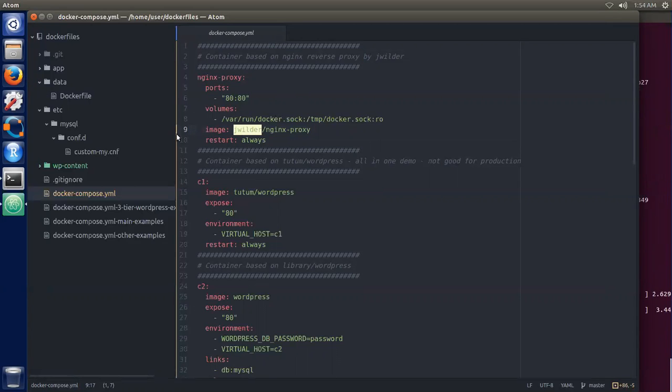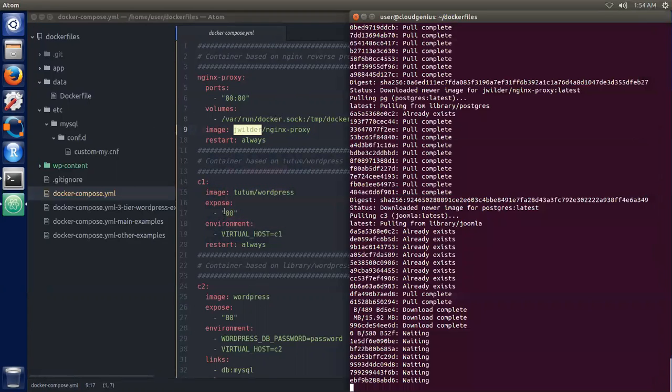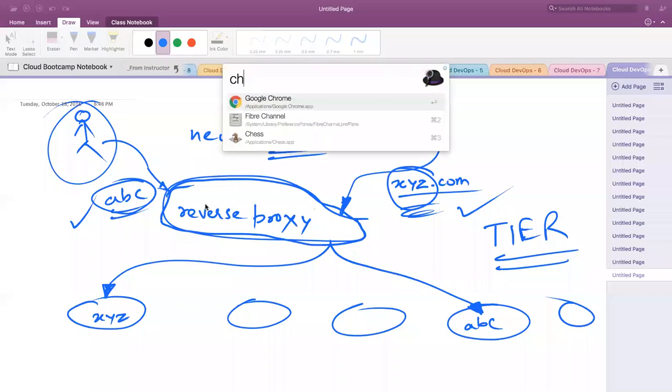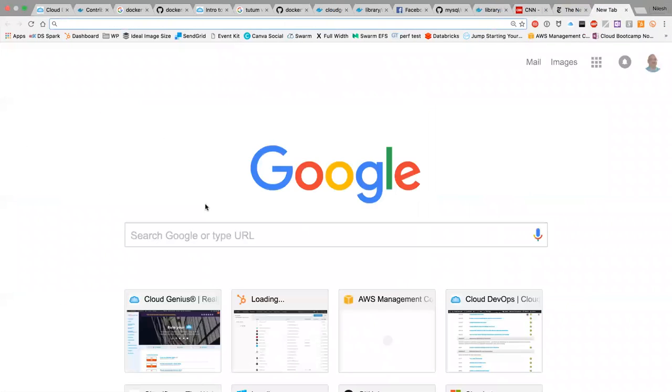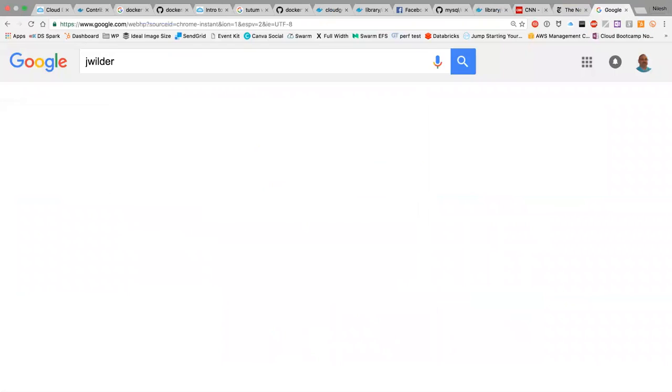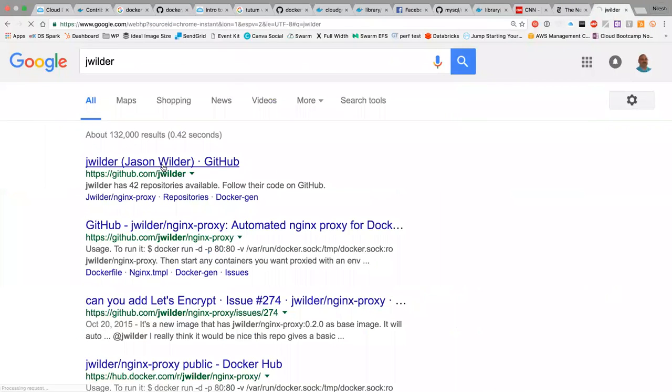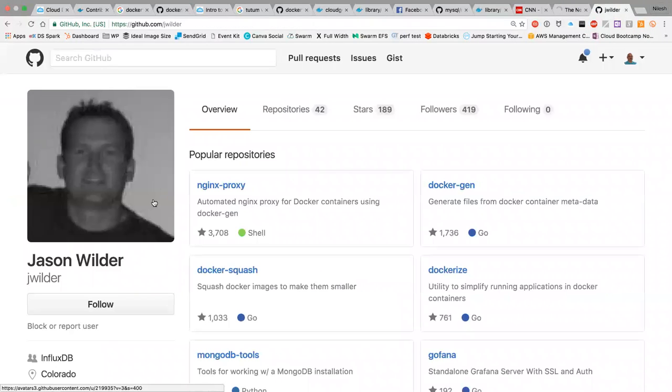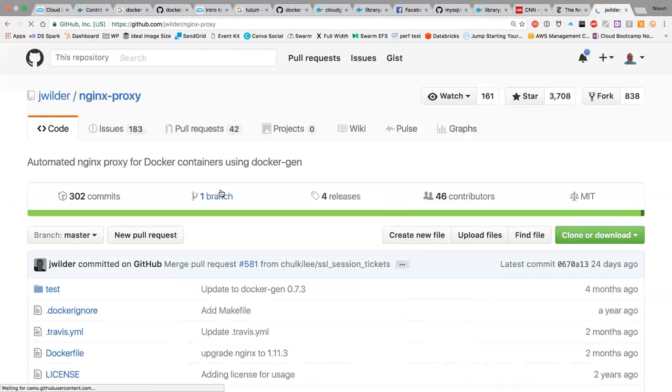And that guy is this person. Let me just show it to you. J Builder, Nginx proxy. And that is this gentleman who has created this proxy. And that is a very well-known proxy, at least well-known to me, I should say. It has like the thousands of stars, and so it's actually pretty active and pretty well used. It has 46 contributors,